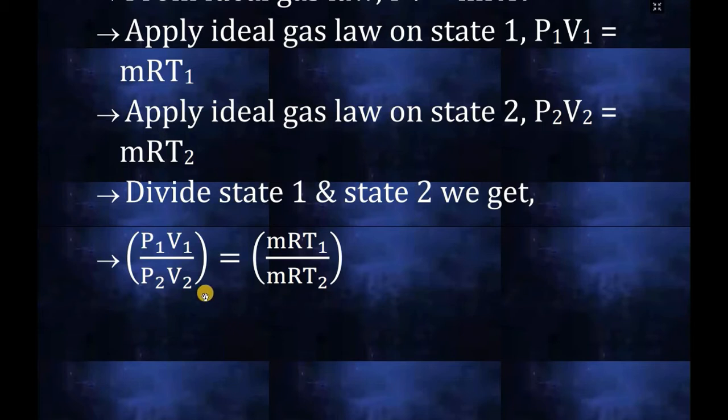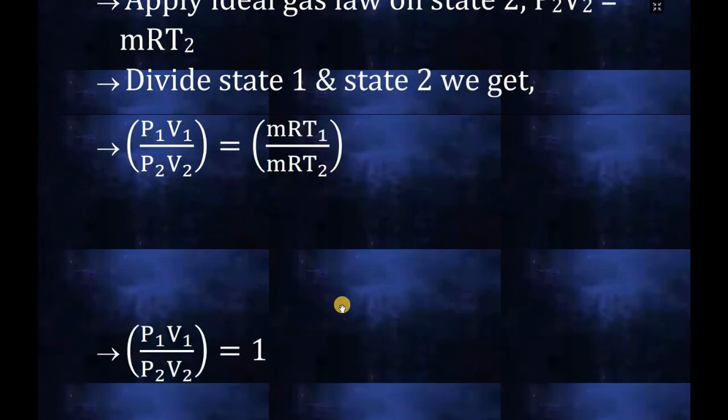So here in this LHS we cannot cancel any of these terms because all are variables. P1 V1 P2 V2 all are variables, but in this RHS the mass of the gas at state 1 and the mass of the gas at state 2 can be cancelled because, as I said earlier, the mass of the gas remains constant throughout the process. So we can cancel these two masses. Next, we can cancel this R because the gas constant value is the same throughout the process. Next, we can cancel this T1 and T2 because this is a constant temperature process. So after cancelling all the constant terms in the RHS, we get 1.